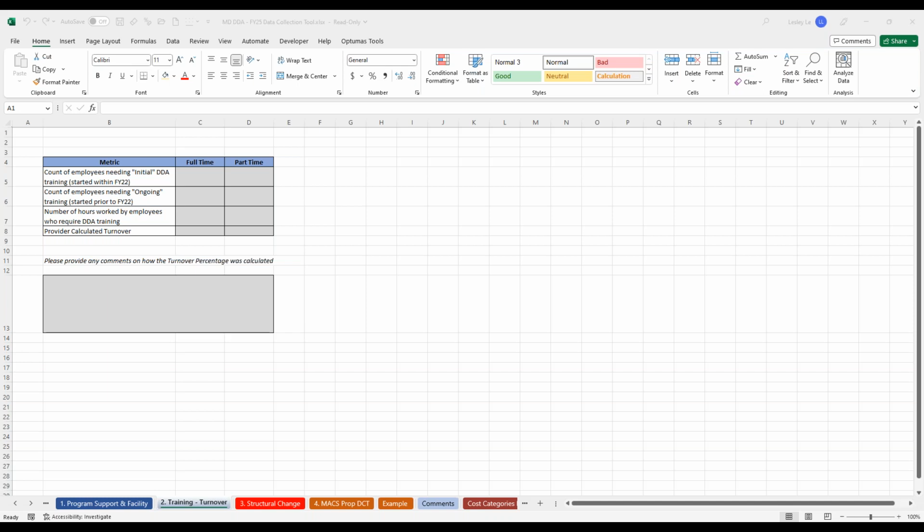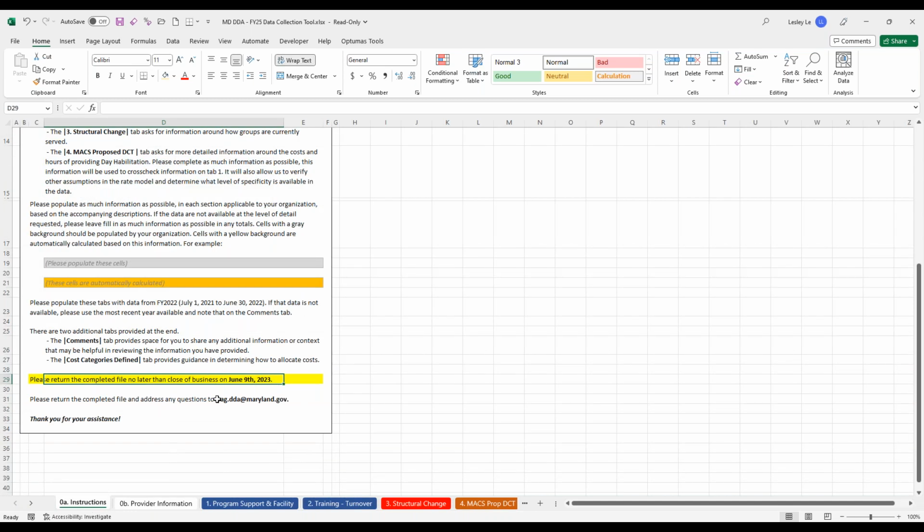Here's another one. Can you highlight the changes and clarifications made to the instructions in the revised version of the tool? Sure. So the only changes really were on the instructions tab. We just replaced the original email, which I believe was to Robert's inbox, with the RREG specific inbox for returning the tool.